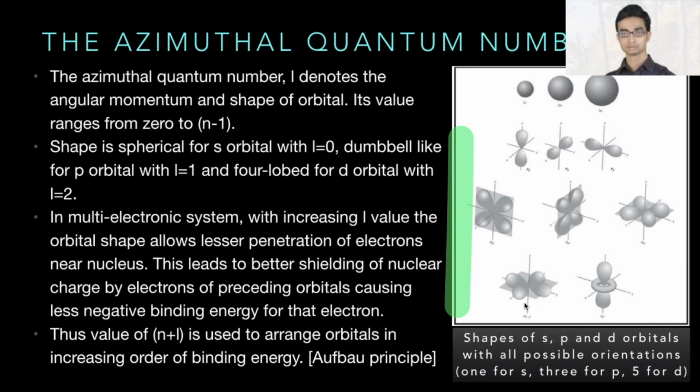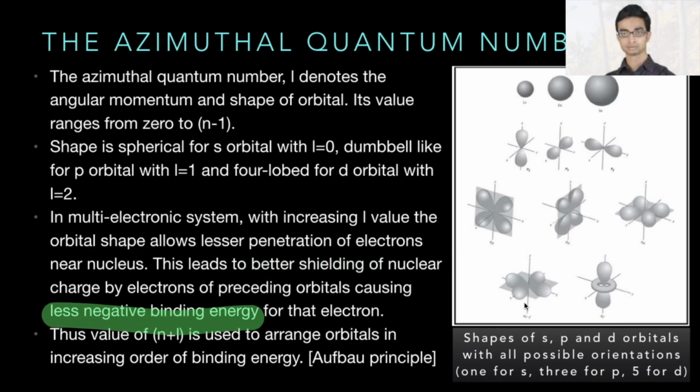This keeps the electron a little farther from the nucleus as compared to an orbital with lower L values. In a multi-electron system, within a set of orbitals with a particular value of n, the energy increases as L increases, because with increasing L value, the orbital shape allows lesser penetration near the nucleus. This leads to better shielding of nuclear charge by electrons of preceding orbitals, causing less negative binding energy for that